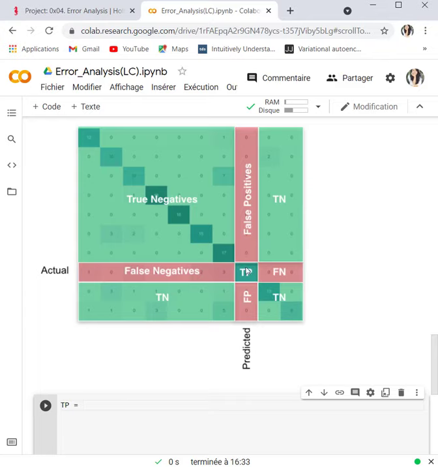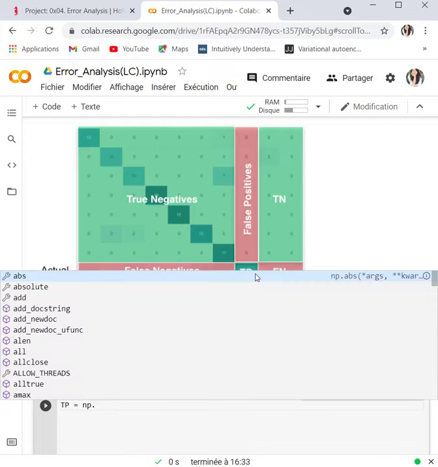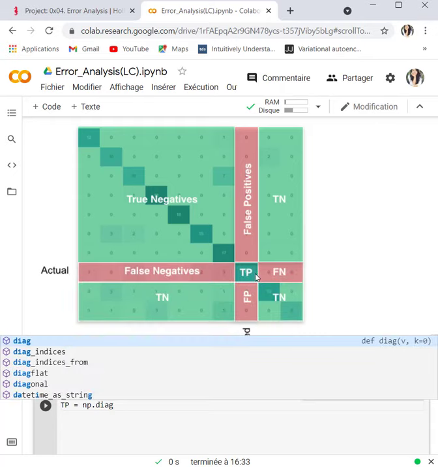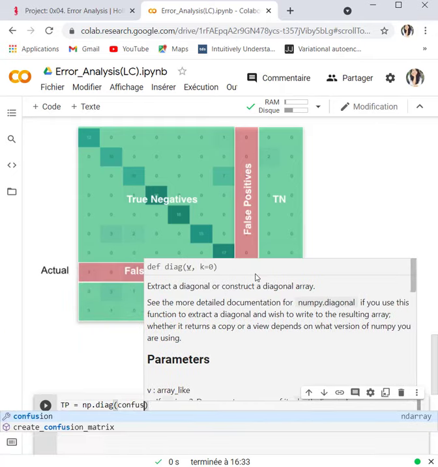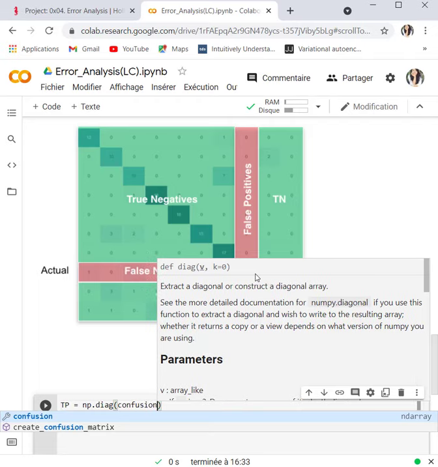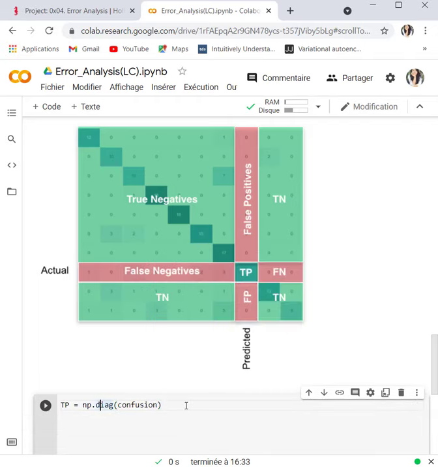So I'm going to calculate this as vectors. The true positive is going to be np.diag of my confusion matrix. Now this is an easy one.